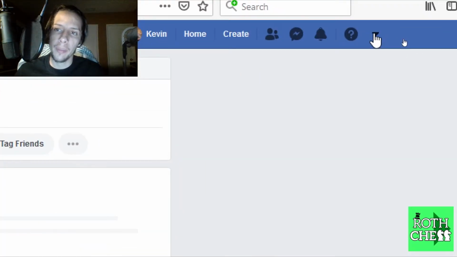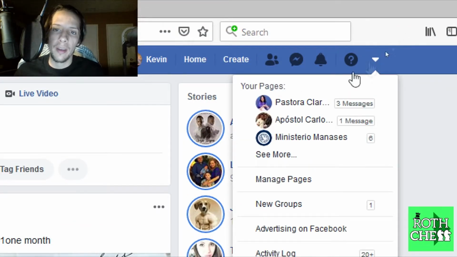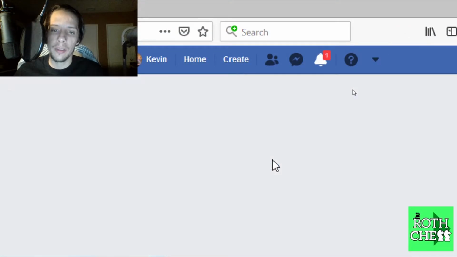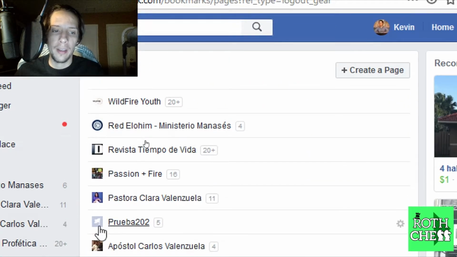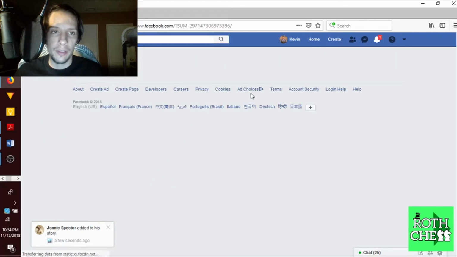And here on the top right corner is where you actually switch to your pages. So I'm gonna click on this drop down, and I'm going to go into my page that I have for testing purposes. This is just for the tutorial. And as it loads up,